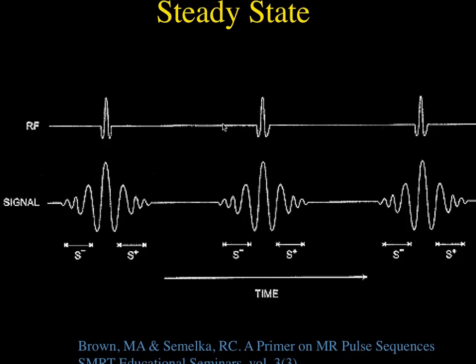Now, we talked a little bit before about steady state imaging. Here you just give bleeps of RF pulse every about 50 milliseconds or so. And again, there are many different ways to do this. But one way is that this pulse could be the initial pulse of the sequence. This pulse could be a rephasing pulse, and then this would be the echo. But if you keep doing that, the first few you usually ignore because they tend not to be in the steady state. But if you keep giving a pulse, say every 50 milliseconds, you'll end up with a steady state position where